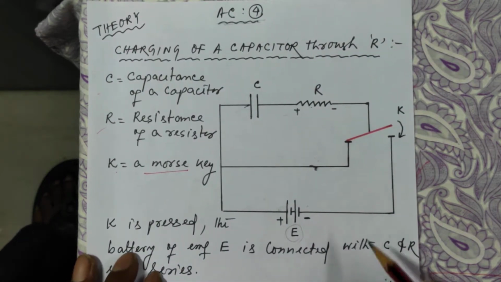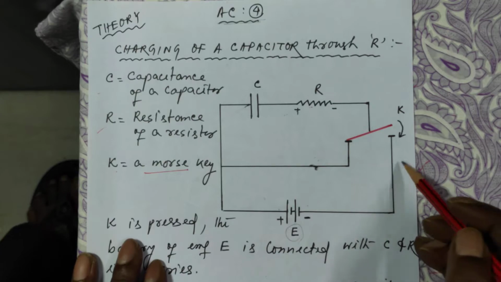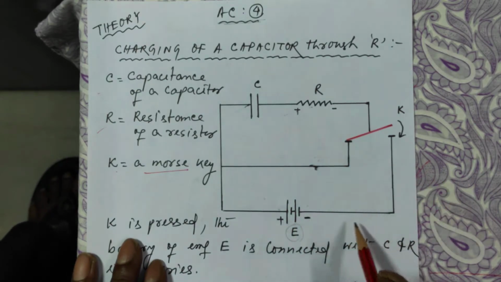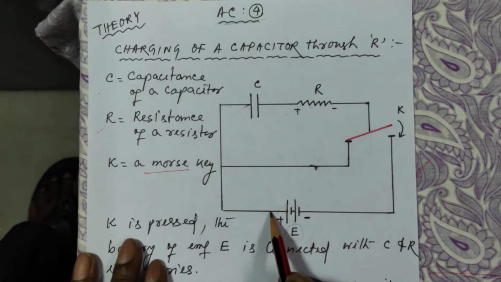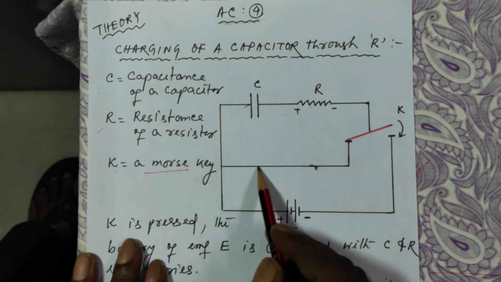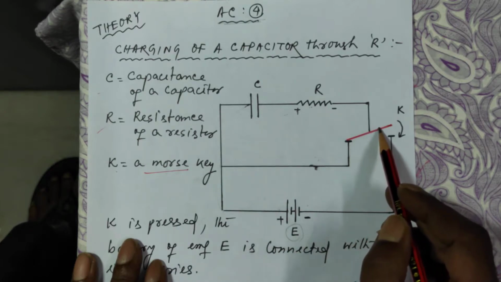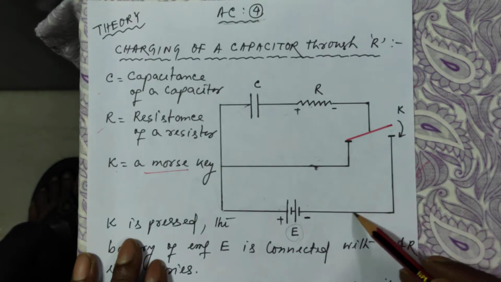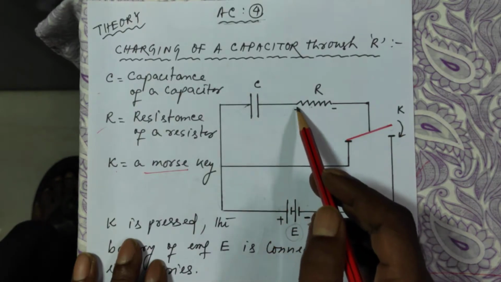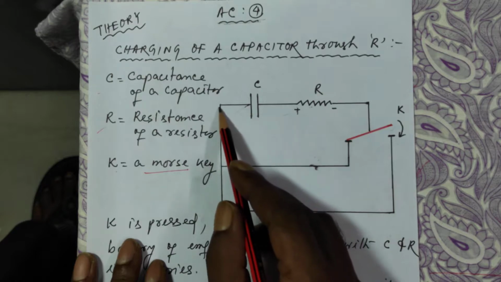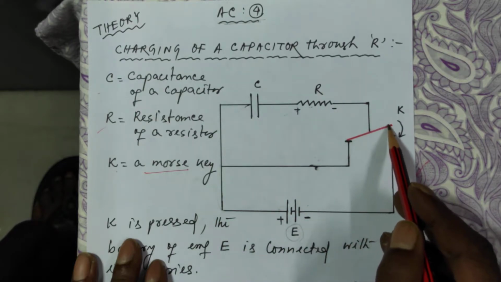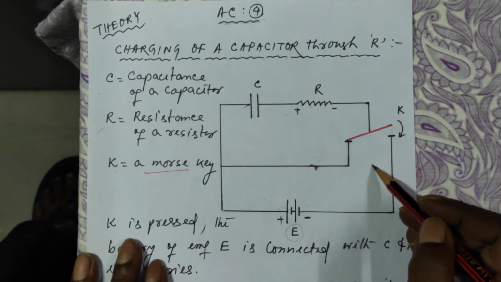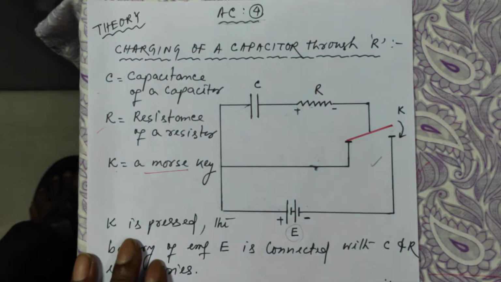Now, let me first explain the function of this key. For example, in this position, let us analyze whether the circuit is complete or not. Look, whatever current starts from here, if you go this way, it is not finding a path here. It is disconnected, so the circuit is not complete. If you want to go this way, then this path is also not complete. So this is called the open position of the key, right?